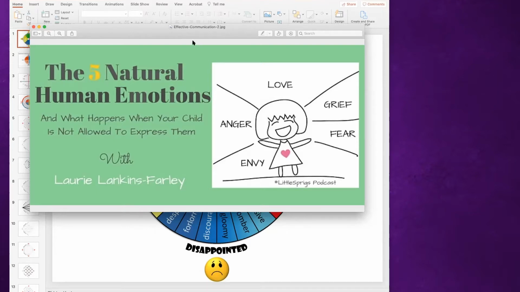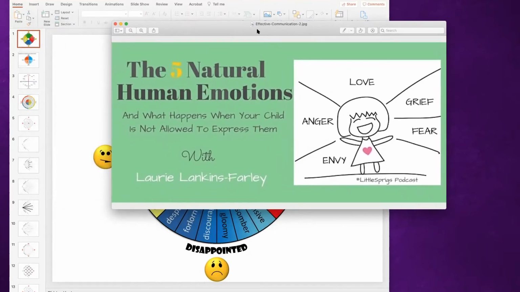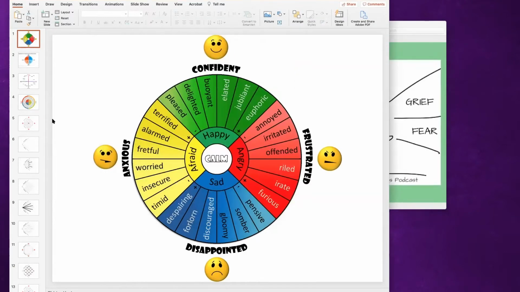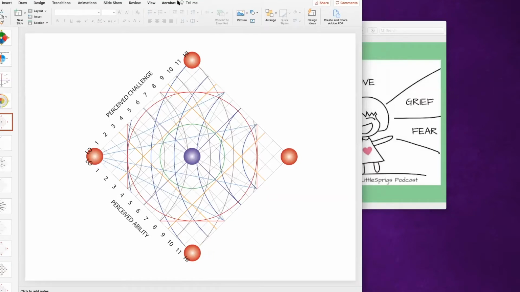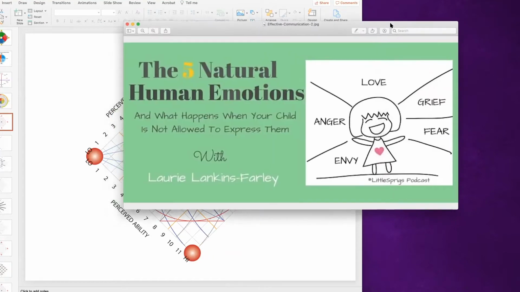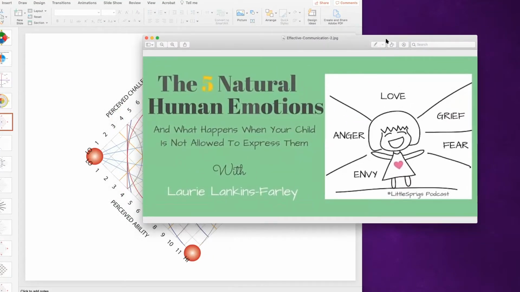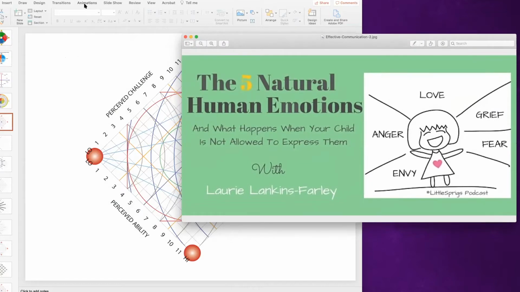Now, we can certainly plot where those emotions are on the change grid. So let me just bring up a grid for you. So there we are. There's a grid. Well, okay, fine. We'll have to fuss with this a little bit.